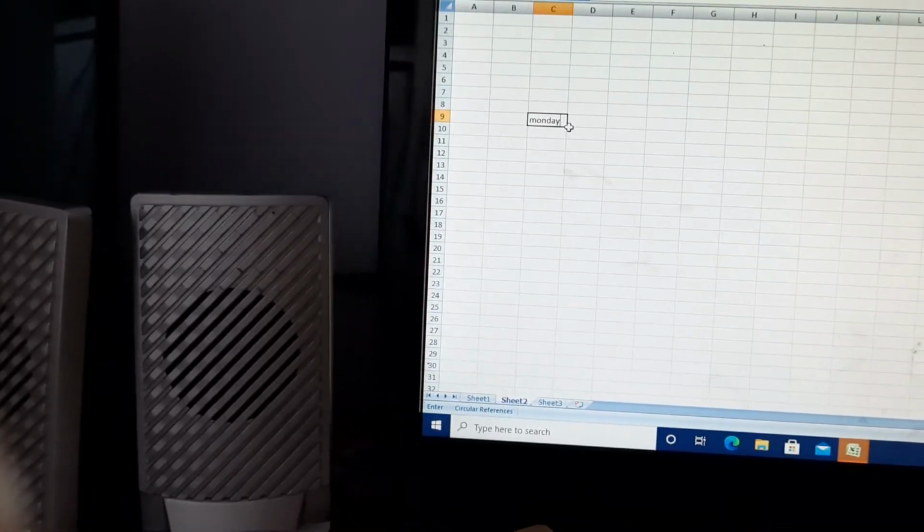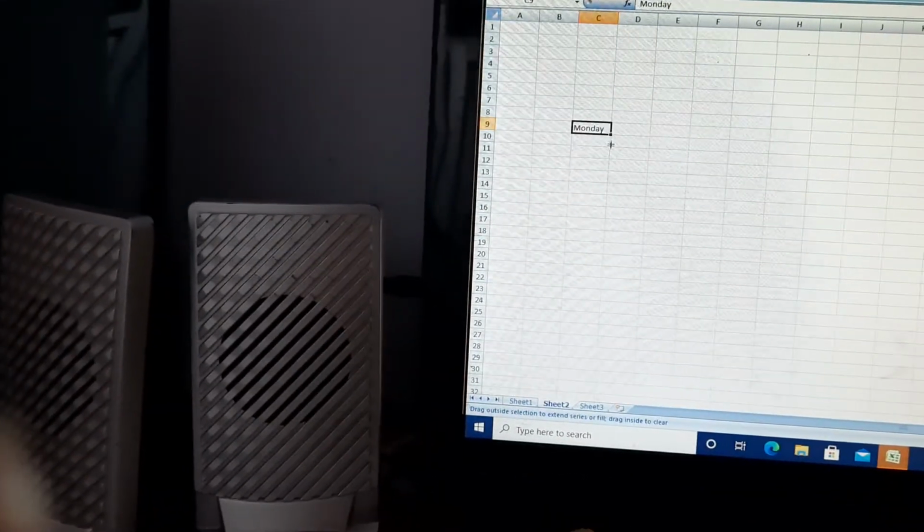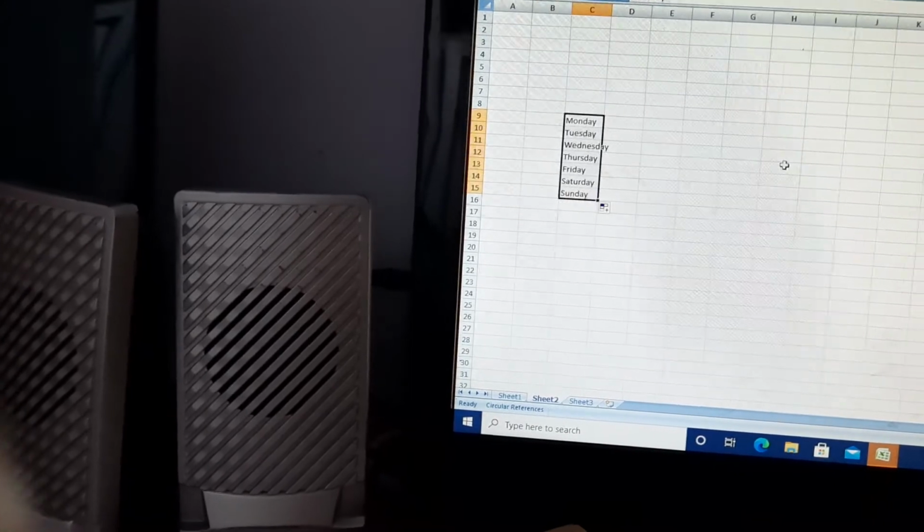I have to write all the 7 days. It is time-consuming, so just reduce the time. You just go here, see the plus sign has appeared, and just drag. See, all your days have appeared. So this is called autofill.